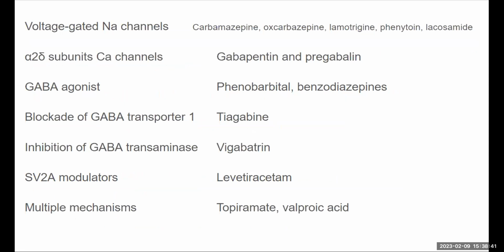So based on the mechanism of what channels they are blocking, we have done benzodiazepines as GABA agonist, and you can see topiramate has multiple actions. Carbamazepine is still being used in clinical practice despite all its sins. So voltage gated, we'll come to.